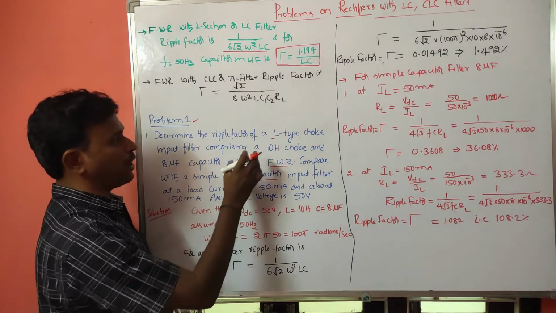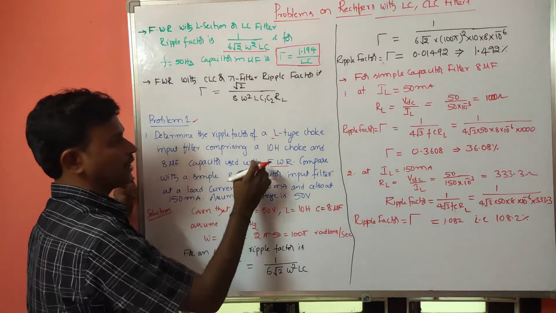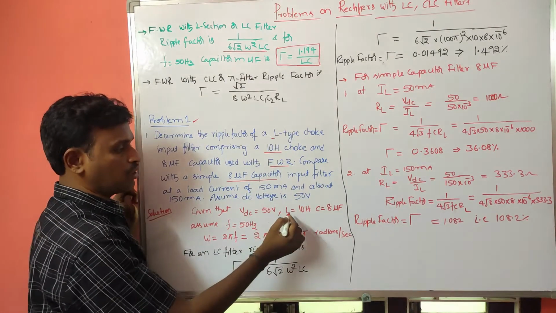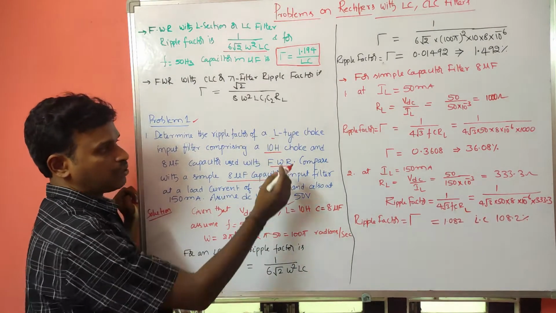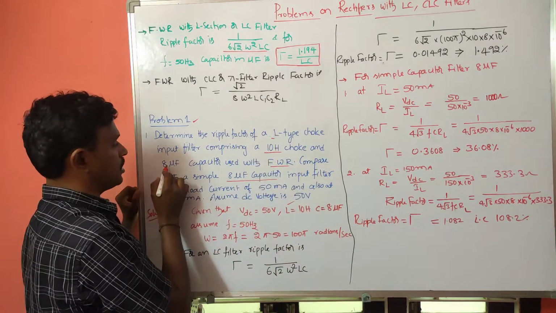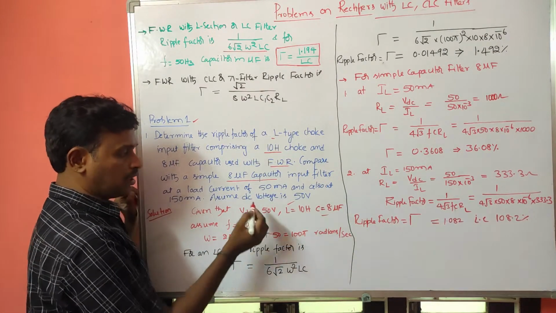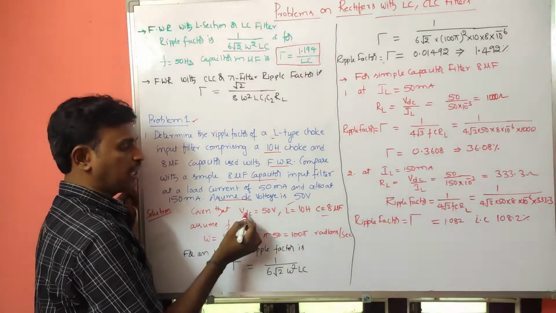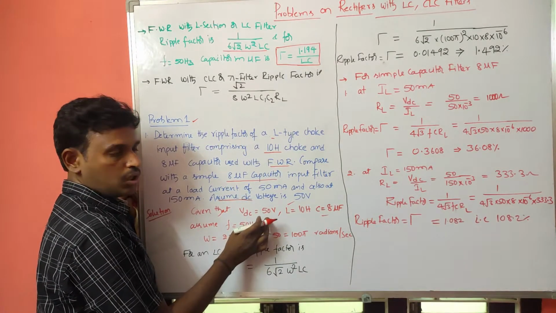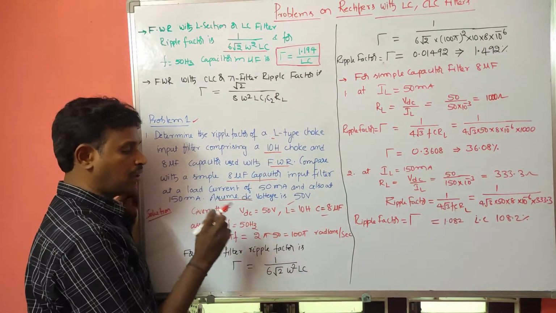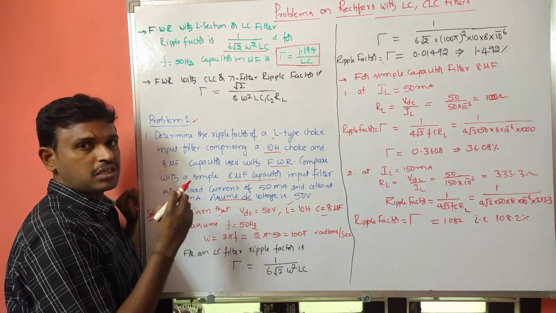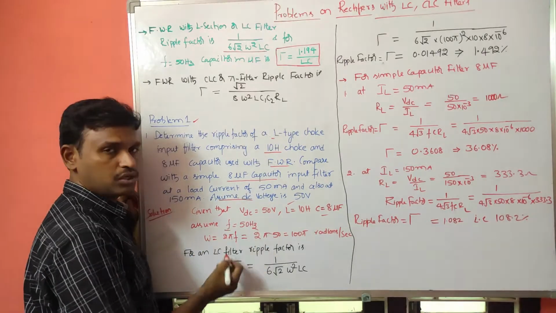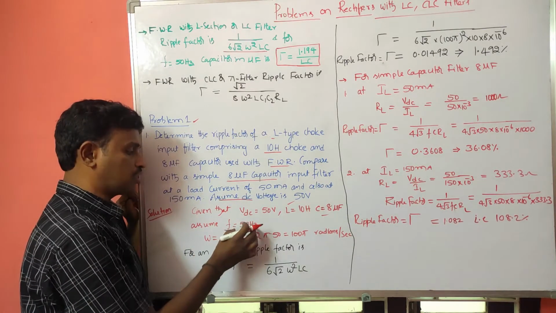So now here the given data is: first one is L is equal to 10 Henry. Next one is the capacitor, which is 8 microfarad. But here it is given that the assumed DC voltage is 50 volts. So VDC is equal to 50 volts. So this is the given data, and if the frequency is not given, we can assume that frequency value as 50 Hz generally, right? So this is 50 Hz.